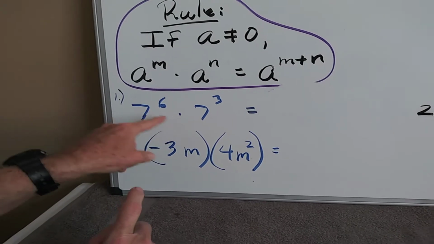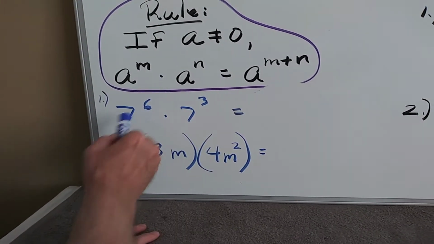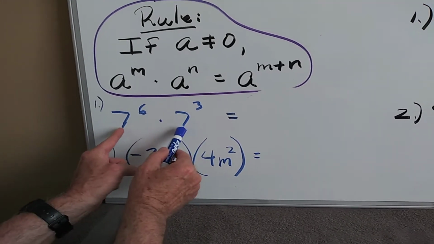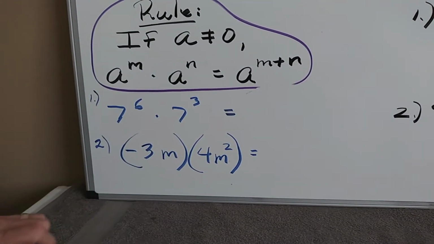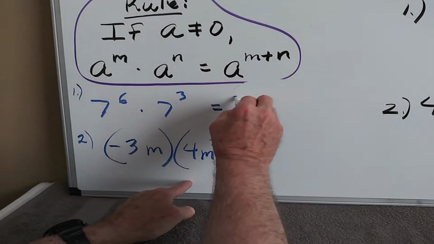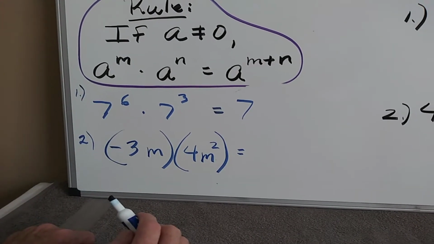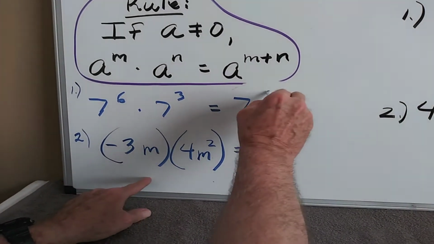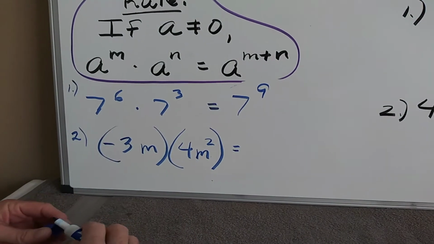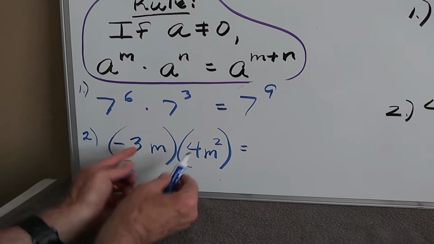7 to the 6th times 7 to the 3rd. We're multiplying 2 powers that must have the same base. The rule says bring over one of your bases. And then simply take the respective exponents and add them up, and we'll get 7 to the 9th. And that would be our given answer, and we would leave it in that way. Number 2,